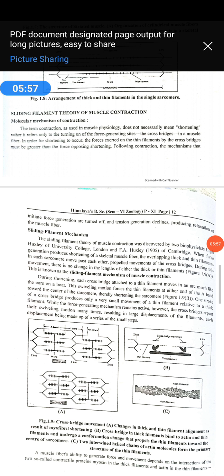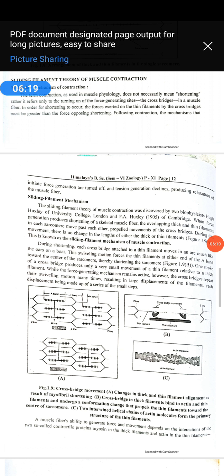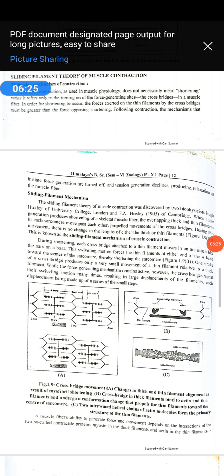Due to disappearance of the calcium ions, the tropomyosin complex is restored again, because that complex was altered when myosin attached to actin, but when myosin gets detached from the actin, the tropomyosin complex is restored over the active site of the actin filaments. Understand? Due to this, the interaction between actin and myosin stops, and the actin filaments return back to their original position. This results in muscular relaxation. And like contraction, relaxation is also an active process.